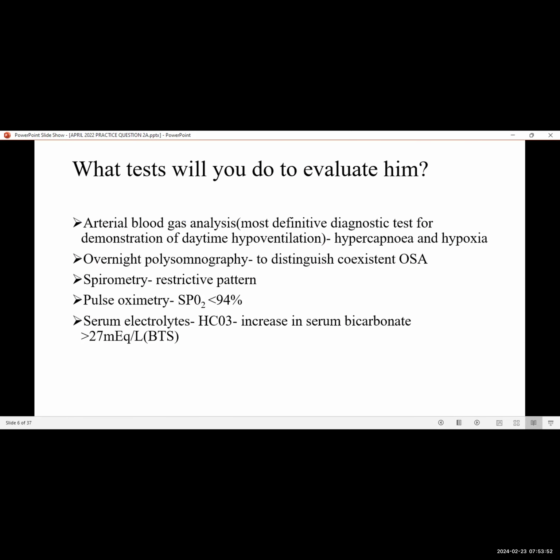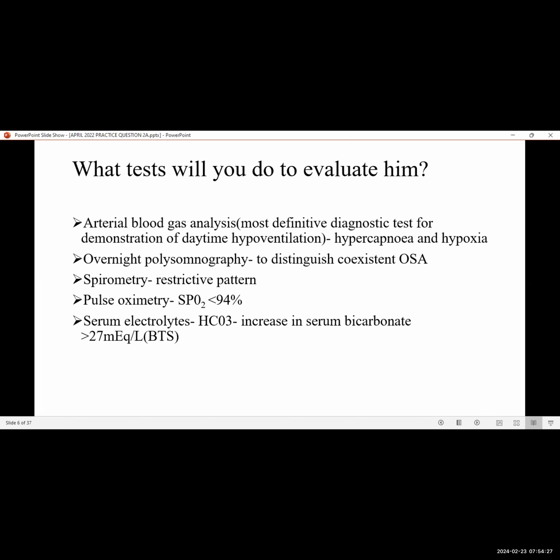Number 3 question was, what test would you like to evaluate him? The patient has already done a lung function test, but the first thing I would have loved to do is arterial blood gas analysis. It is said to be the most definitive diagnostic test for demonstration of daytime hypoventilation. So in that case, we're looking at hypercapnia, with increased partial pressure of carbon dioxide and then low partial pressure of oxygen, hypoxia. Then I would also like to do